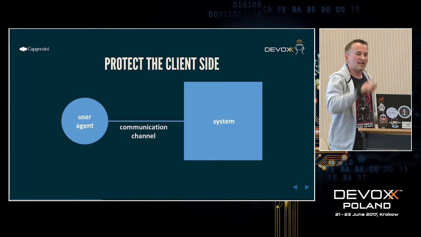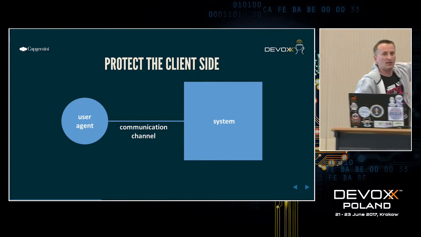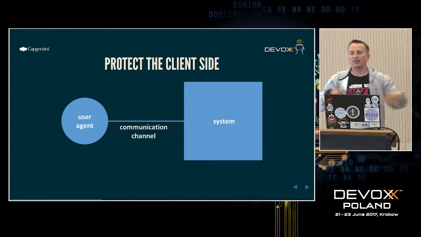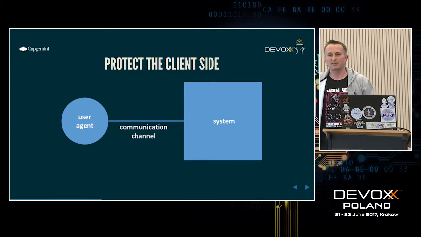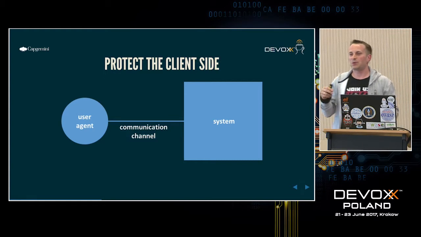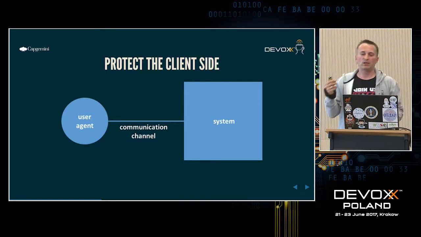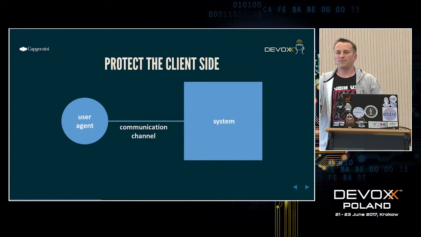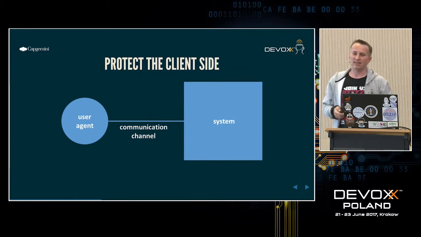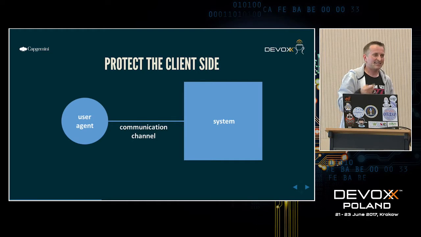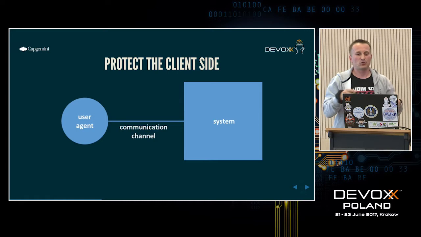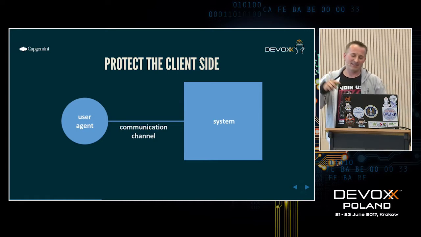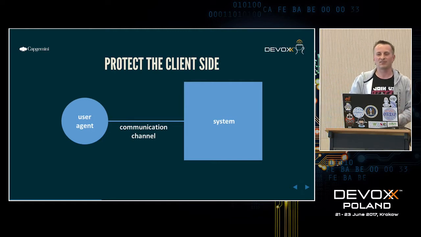Okay, let's skip to the user agent. The user agent acts on the client side, and sometimes in the marketing brochures of our system we claim that we care about the security of a customer, and we do different things to ensure the client is protected. So the question I usually ask at this point is, what kind of controls do you deploy on the client side to ensure the client is protected? The answer usually is TLS. Well, it's not a client-side protection. It is some kind of protection, and